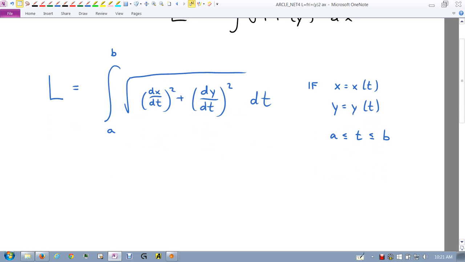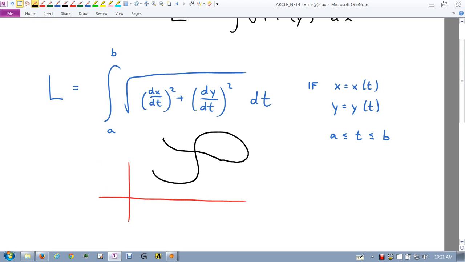An important thing about this formula is that there are some problems you could run into. Watch. When you draw this curve, it's getting you the length of this curve, right? And it really doesn't matter what this curve does, as long as this curve, we'll call it C, can only be traversed